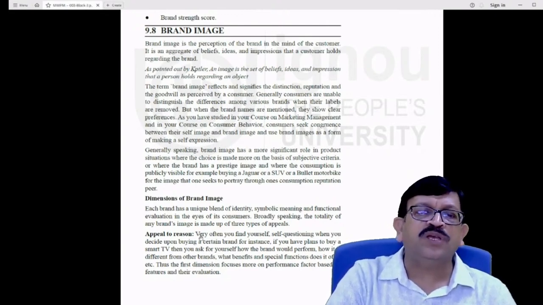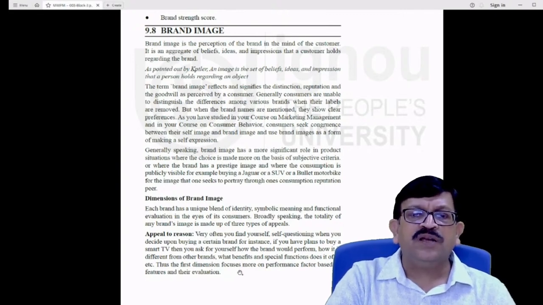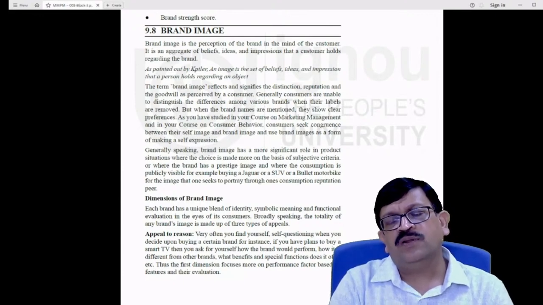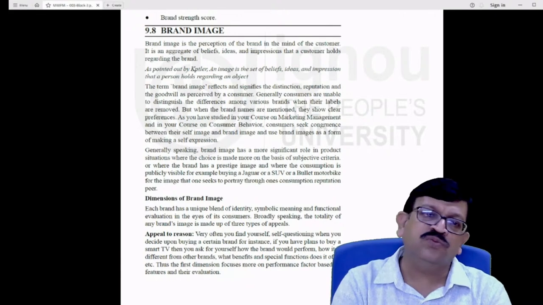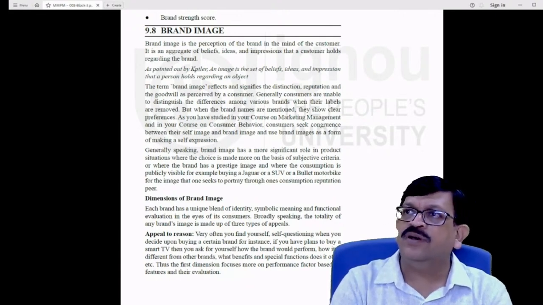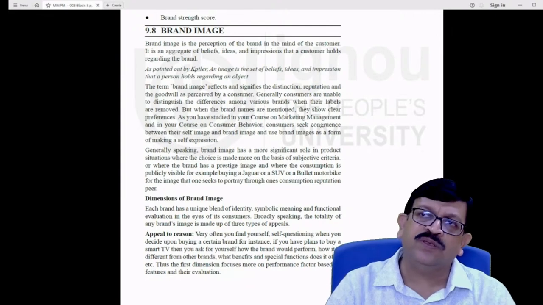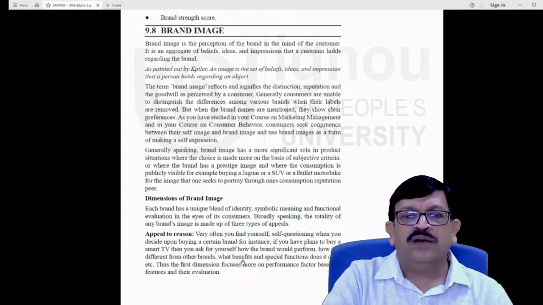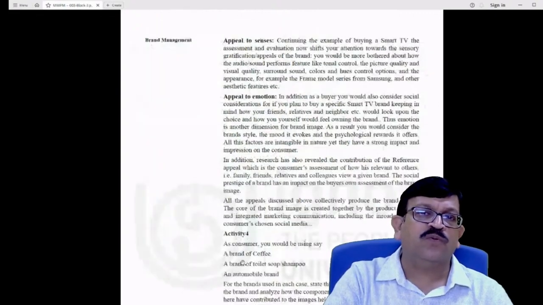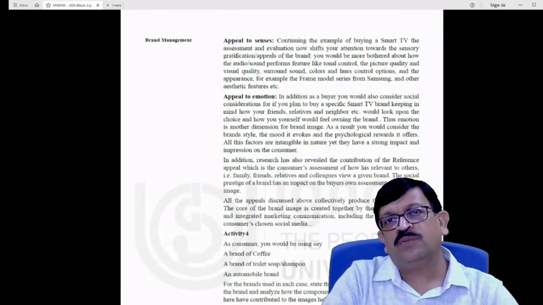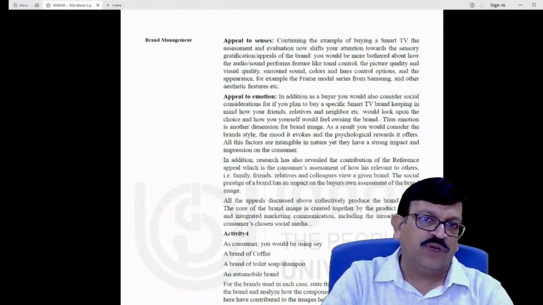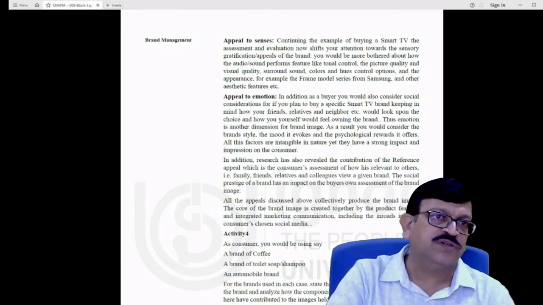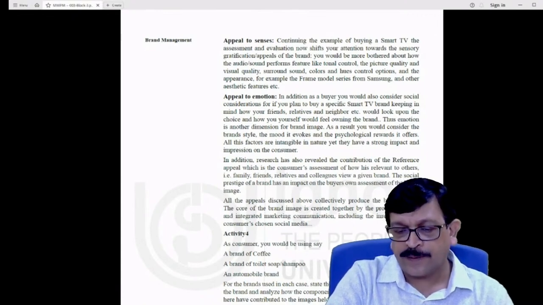First is the appeal to reason. Here, the various functions or attributes, or the way it is evaluated by the consumers, becomes an appealing factor. So basically, you look into why a customer would like to pick a particular brand. For example, when you talk about smartphones, why would anybody like to get associated with OnePlus or a Samsung or an iPhone? There is a particular reason for which they do it. So obviously, the attributes, the features and the benefits that they look forward to are critical.